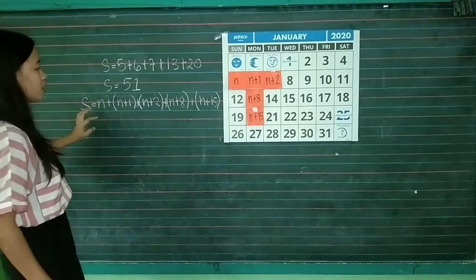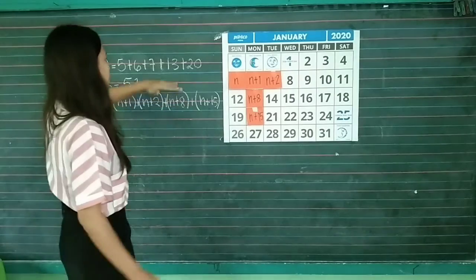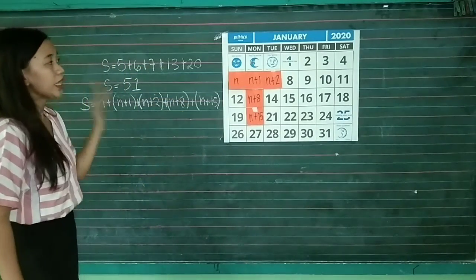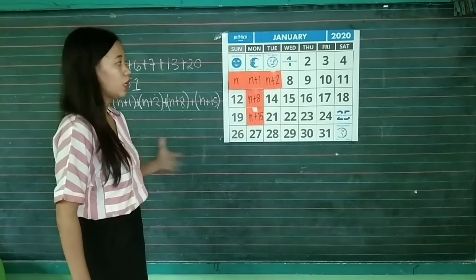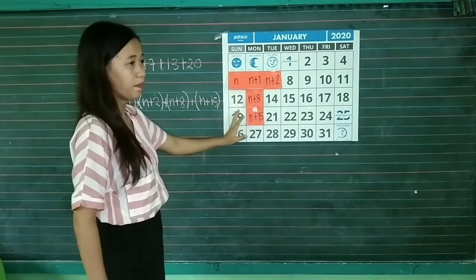So this is our equation for these numbers. So to get the general formula for finding the sum of this T-shape, we need